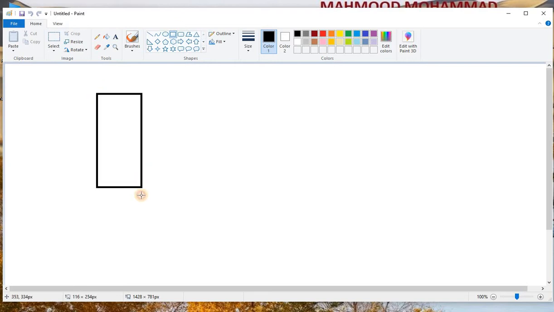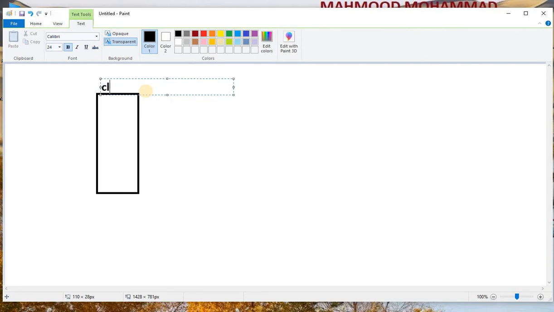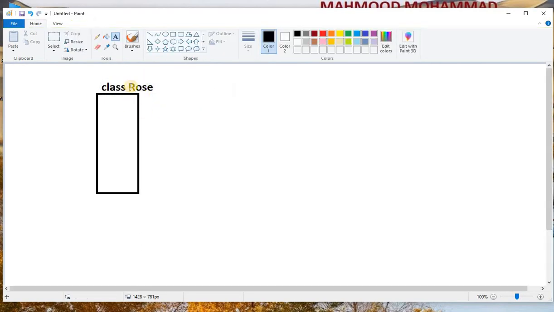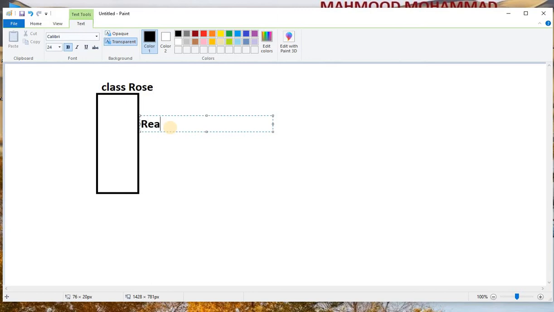Consider that in the last class we discussed a concept called a class. Say the class is named Rows. Within the class there are some methods: one is the read method, and one is the show method.